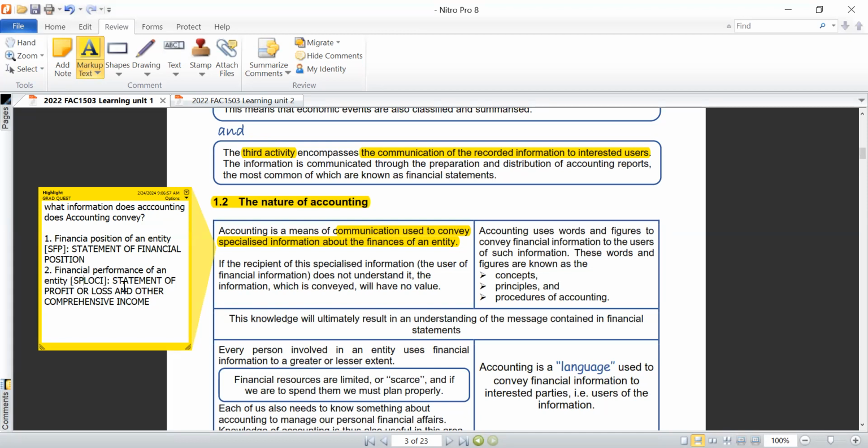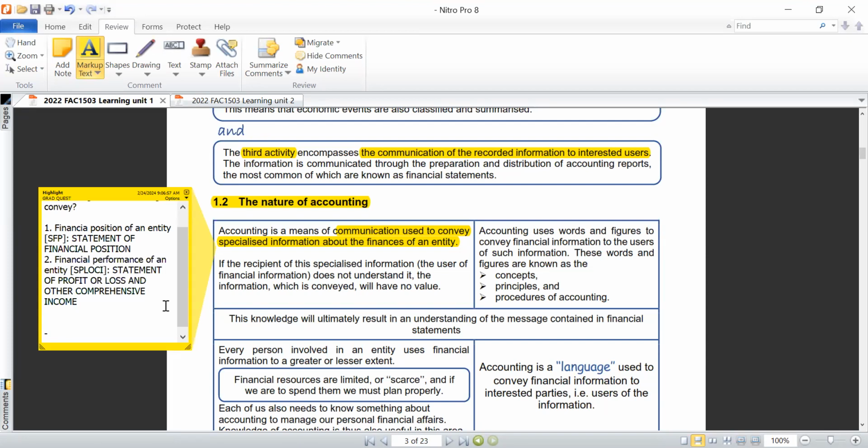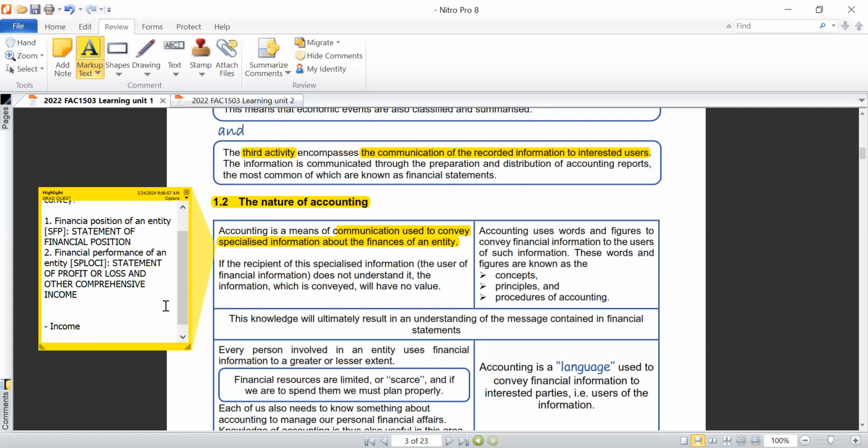So when I look at that financial statement, what it conveys is financial performance. How is the company performing financially? I go to their statement of profit or loss. Now, two things are reflected from that statement. Number one, I would identify incomes from this SPLOCI. And number two, I would identify expenses.